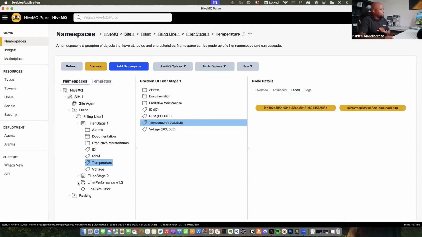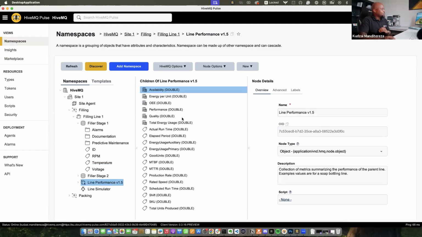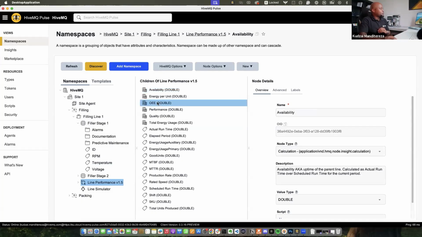And then not only that, you're also able to create some more advanced nodes. So here you notice that I've got a node for OEE, which is a result of a calculation by combining or multiplying other nodes within my namespace. So this goes back to the idea of having that agent that provides that distributed data intelligence. It allows you to generate OEE, for example, here, insights right at the source of